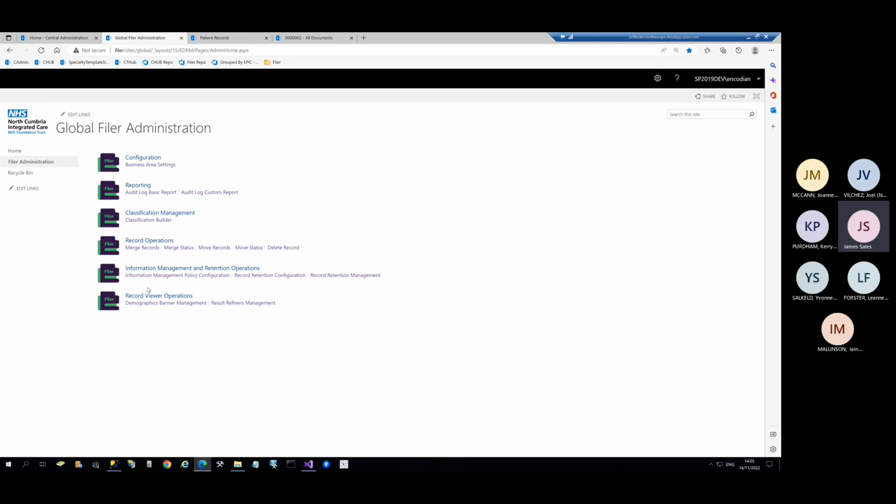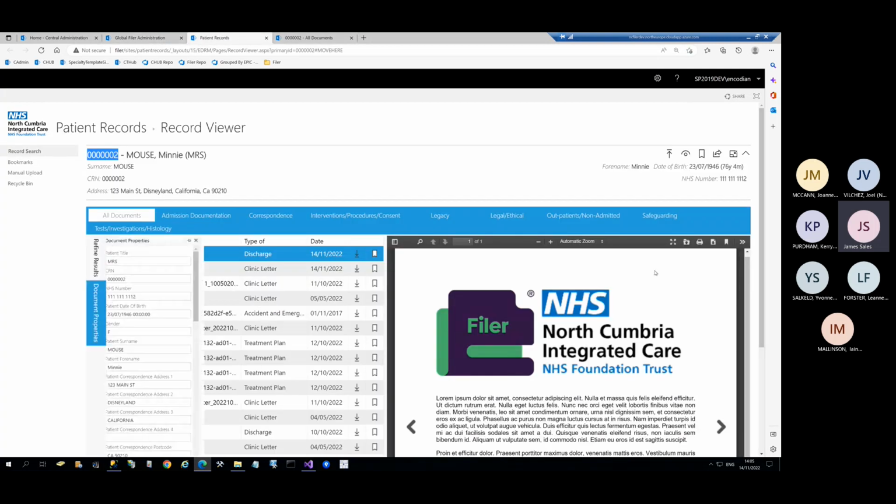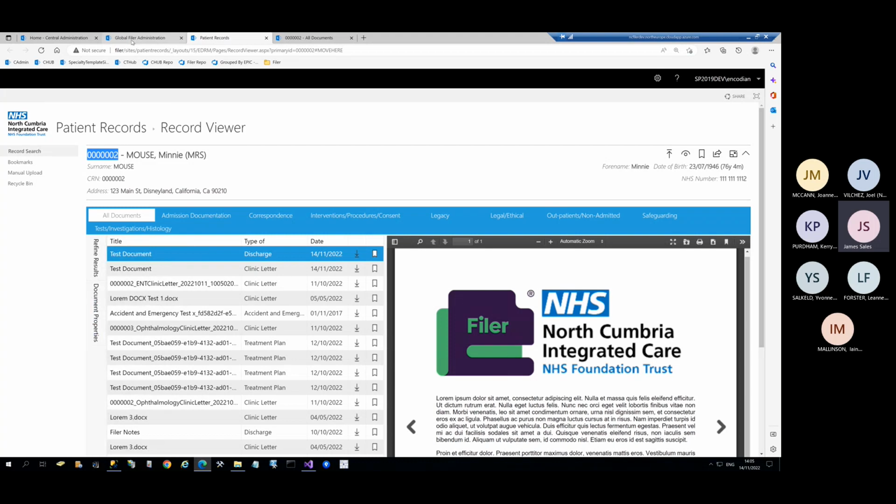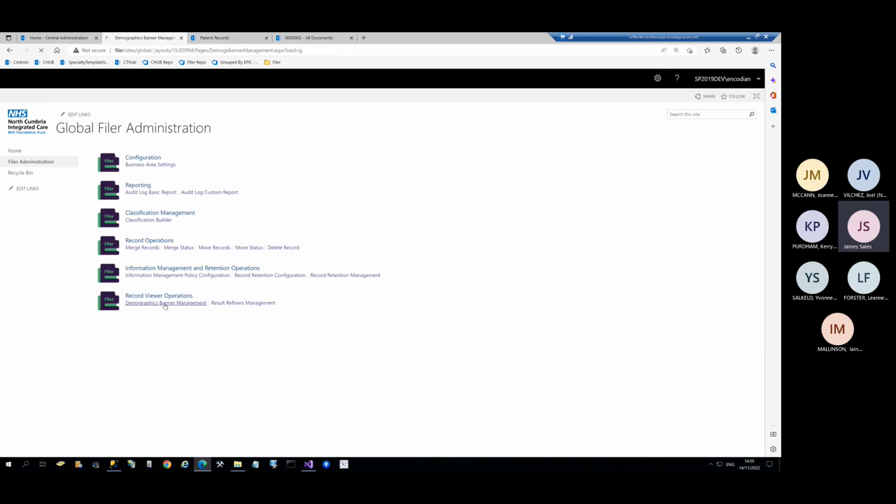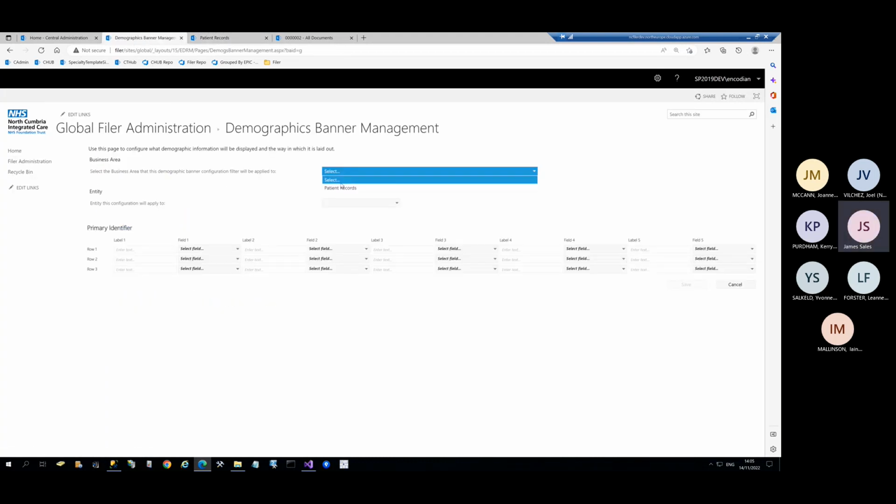Okay, so record viewer operations. These are bits of admin functionality that relate to the record viewer, being this screen that we've got here. So the first is the demographics banner. So here, we select our business area as we always do, our entity, which is a patient